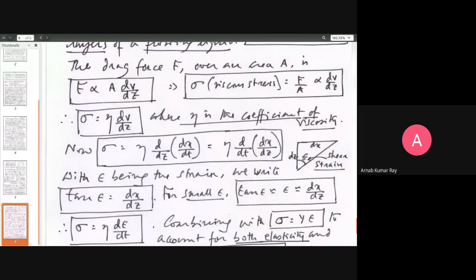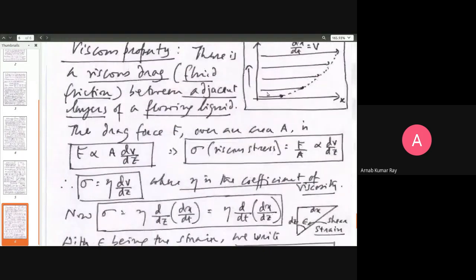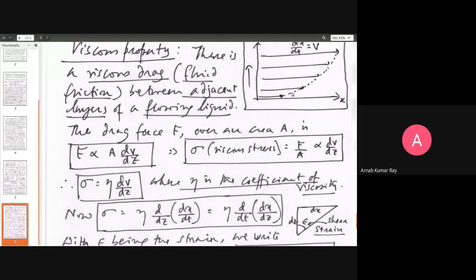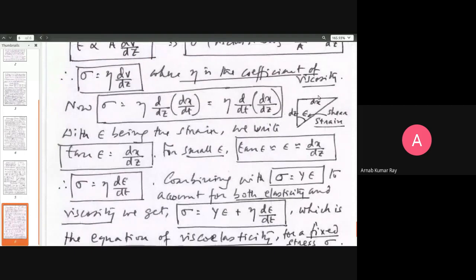So now we shall look at this thing. As I said, tan epsilon is equal to dx/dz. But for small values, where this shear strain is not very large, one doesn't see any such thing happening. Maybe it's happening on a very small scale, but you don't see a situation whereby a giant column of water flows like this, so that the bottom layer is almost not moving and the top layer is coming like a giant wall and falling over you. That sort of thing doesn't usually happen. I'm saying usually, but it does happen in the case of ocean waves and all that.